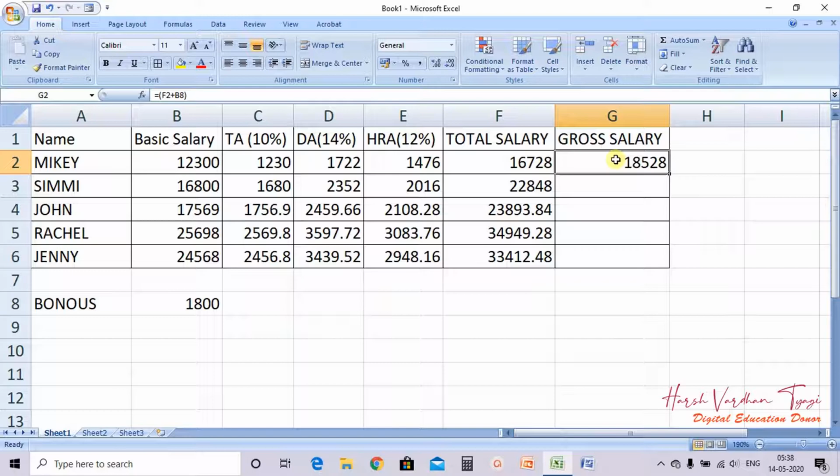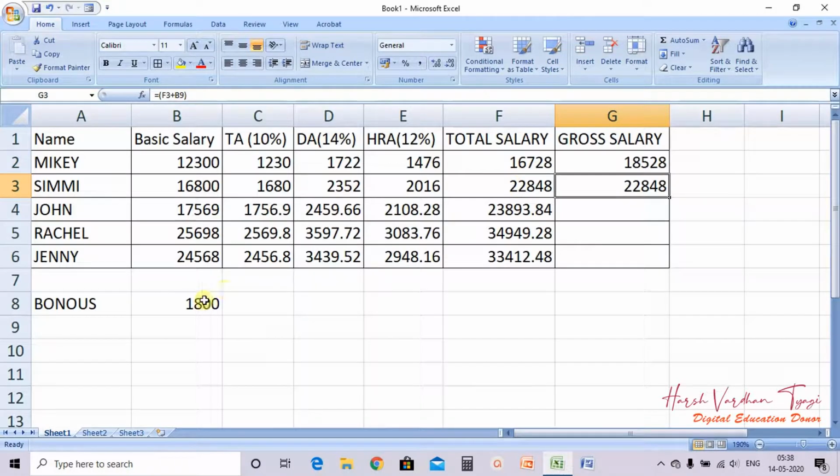Now when I copy this formula, Control C, and paste it here, Control V, to see the difference, it is updating the cell reference automatically. F2 plus B8 is this, and in this cell F3 plus B9.